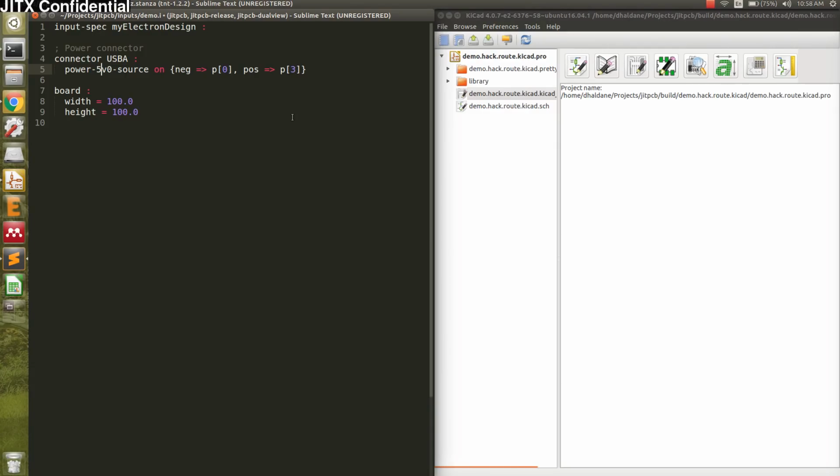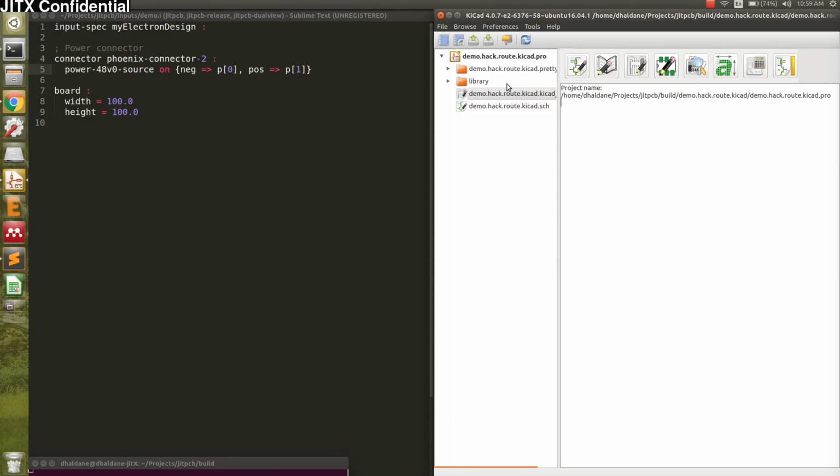So I've got my text editor open here, with a default template loaded. Default template powers the design over USB, but I want to use a screw terminal, which is a Phoenix screw terminal with 2 pins, and instead of 5 volts I have a field source at 48 volts, so I need to change that, and I'm going to say that ground is on pin 0 and the positive reference is on pin 1. So if I build this right now